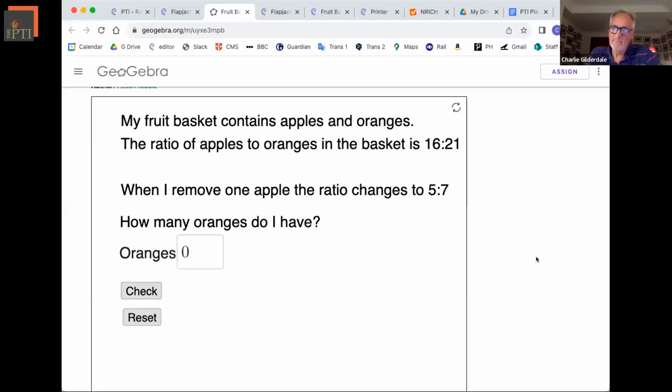Okay. So maybe if you're going to do some more work on this, we need a second level where you take 2 apples or you take 3 apples, and then it'll be a slightly more interesting problem. Tell you what, Charlie, if I can get somebody to pay for my time to develop it, I will put in all the extra features you want. Just hit reset a couple more times and see if we can get one where, and again,